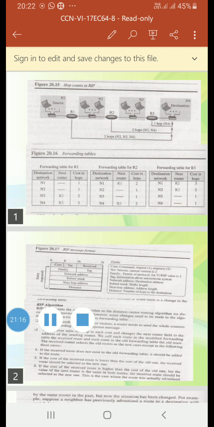A multi-homed AS can have more than one connection to other autonomous systems, and it does not allow data traffic to pass through it.